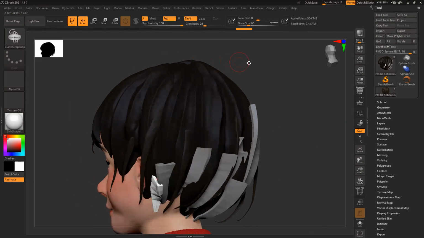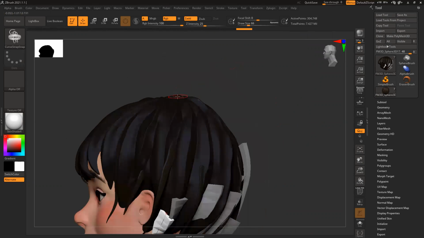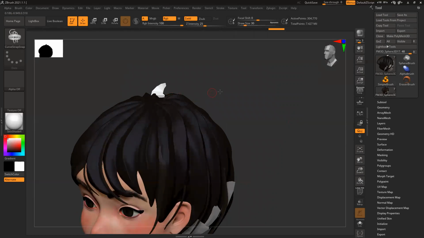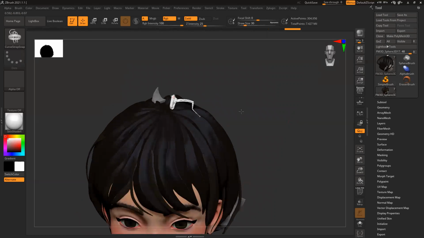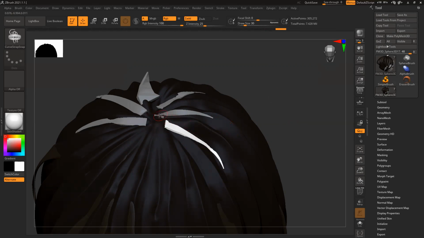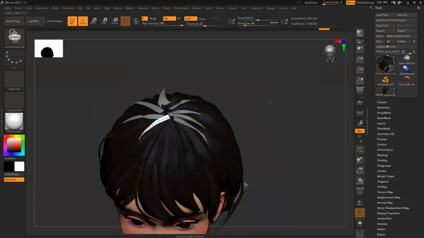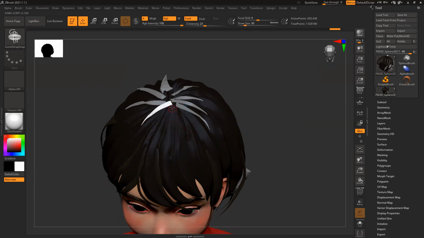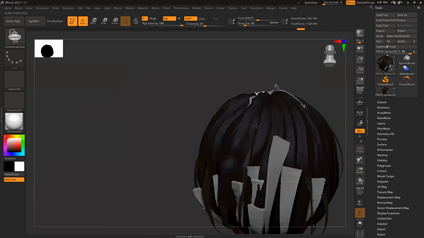And like sides also, I need a couple of those points. Create all those shapes just to make it a little dynamic.